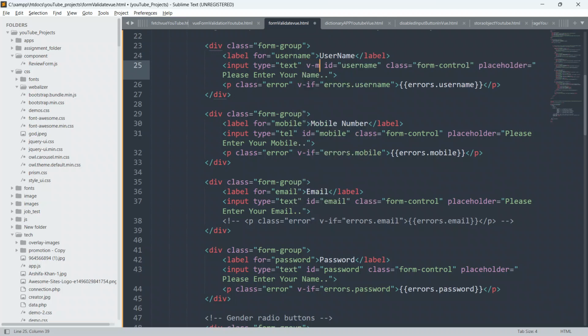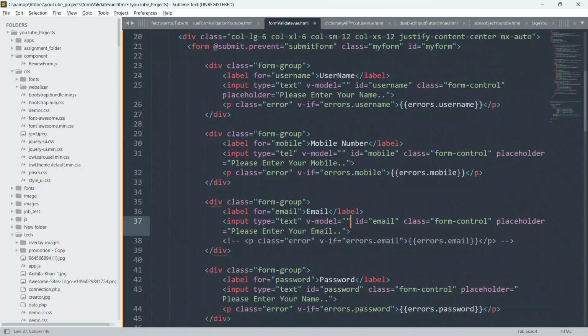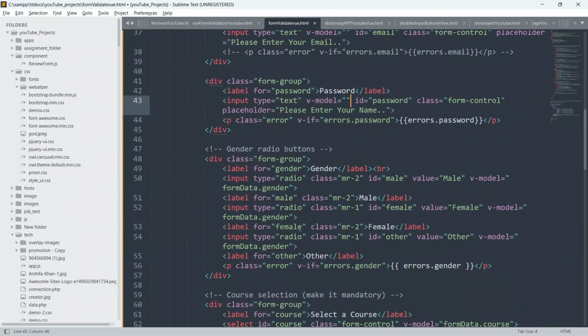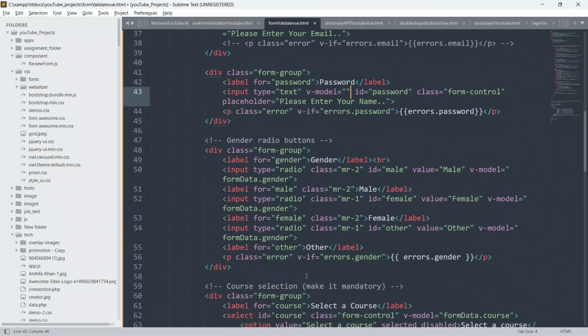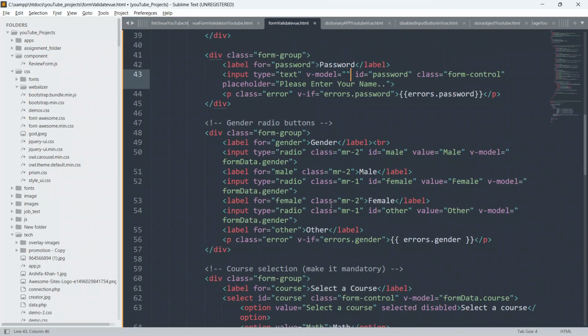Give v-model equal to, in double curly braces, and just copy this. We have to paste it on each and every input field. Just copy it here and paste it here, and here also. The v-model is already here, formData.course.